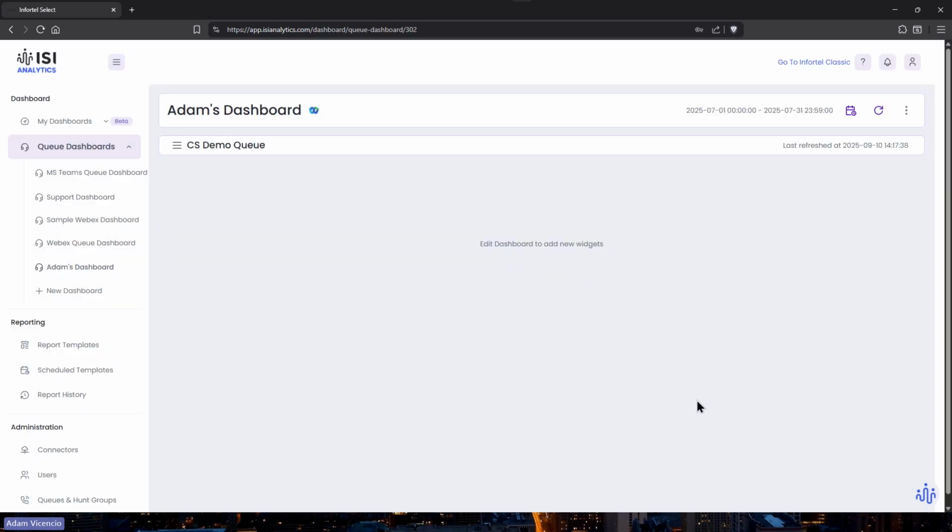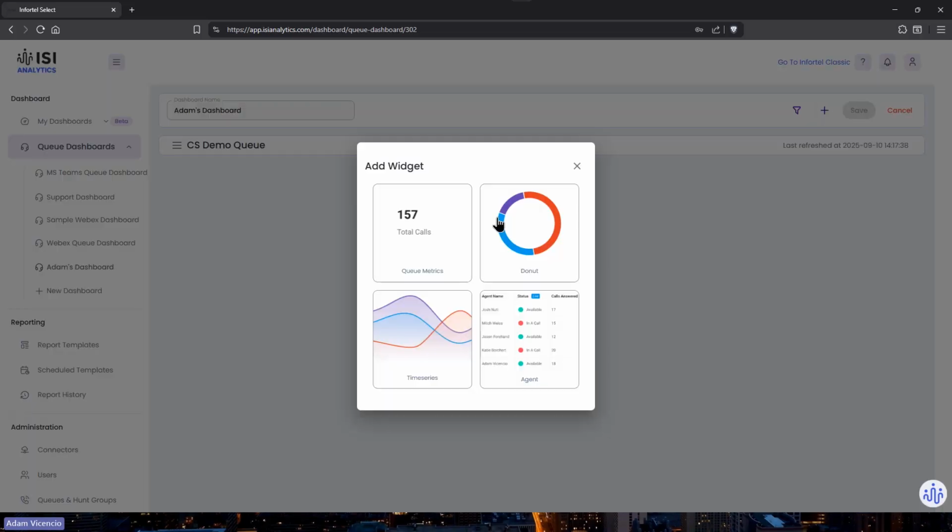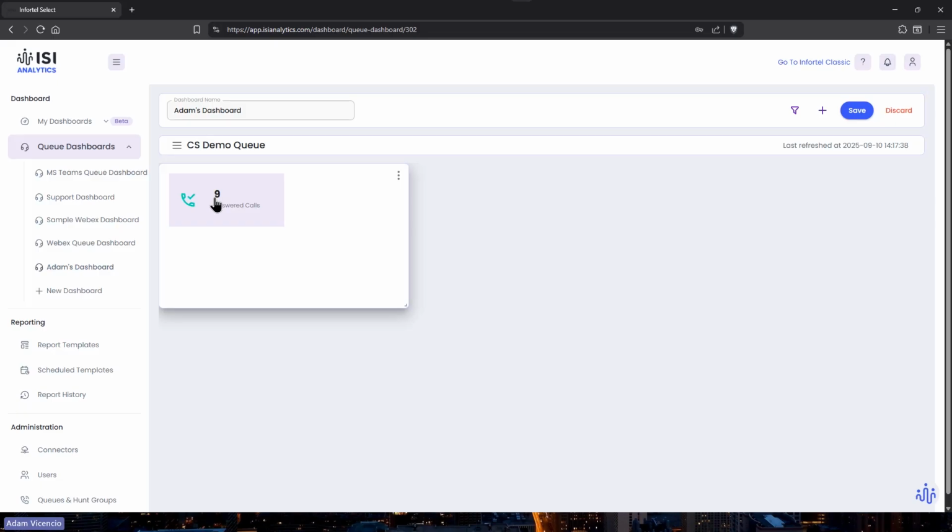And let's save that. And what I'm going to do is I'm going to go ahead and click on the 3 dots, edit this dashboard. And once I start editing, the plus symbol does show up for adding a widget. Now, just to make sure I have the right dates, I'm going to add a total calls widget here. Okay, so I have 9 answered calls. This works. So I have data. So let's go back. So we're going to save this.